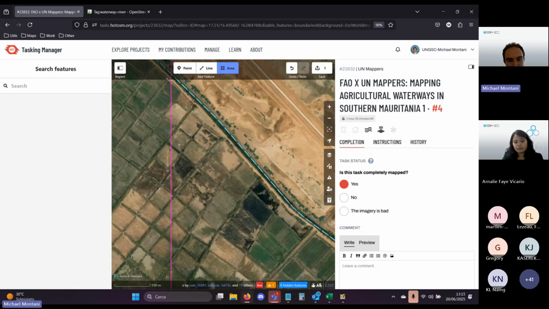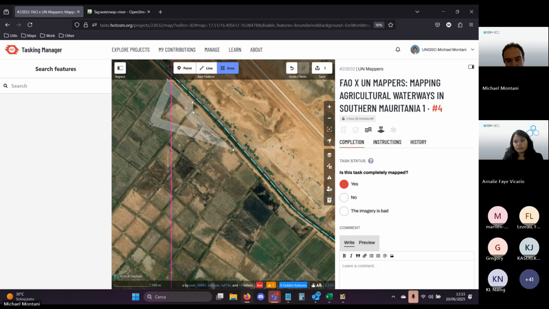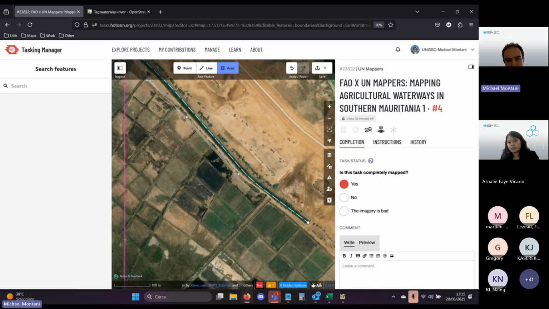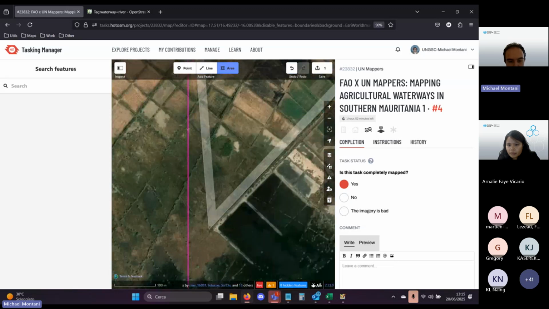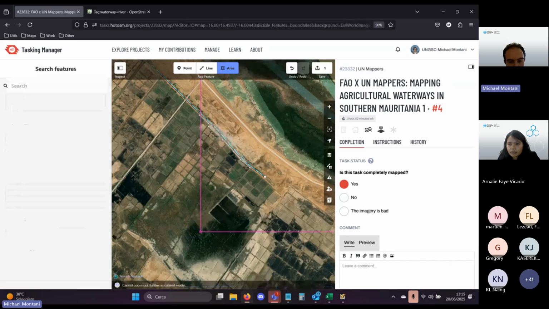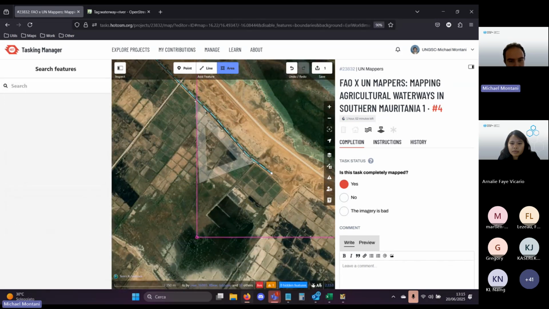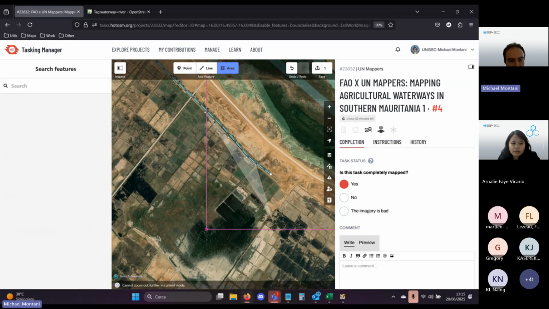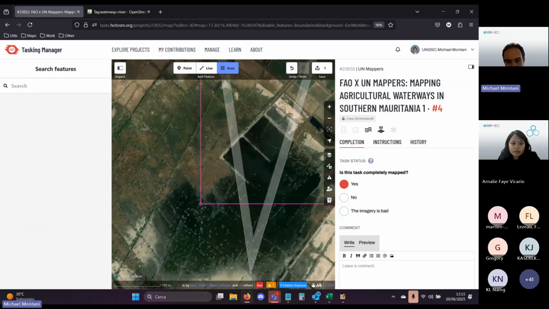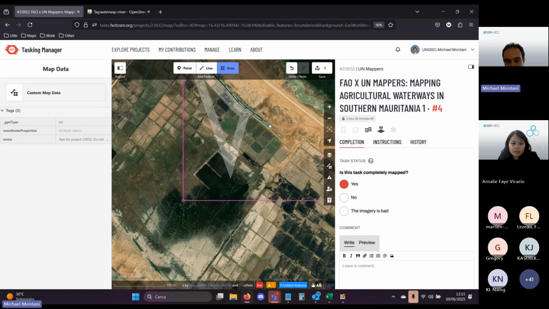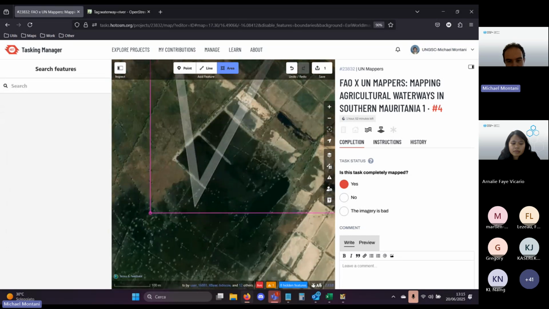So what I suggest to do is to map as a polygon. So you have to click on area and just include all the farmlands that you can see. It will be difficult though, because this is a very big farmland, and in some areas you see the water is overflowing out of the canals, and it's not cultivated.